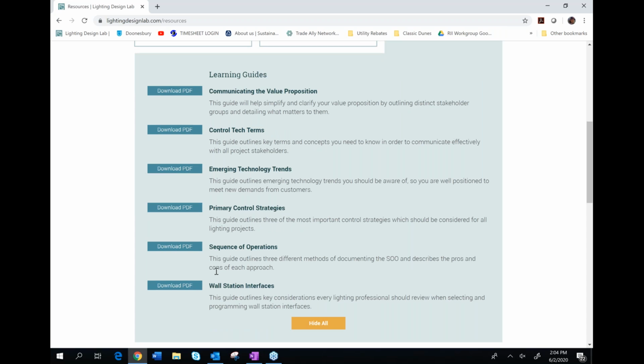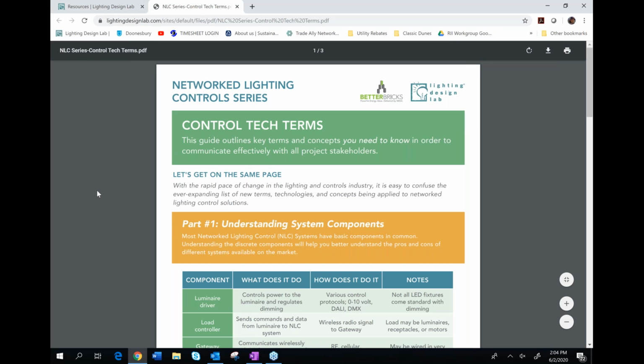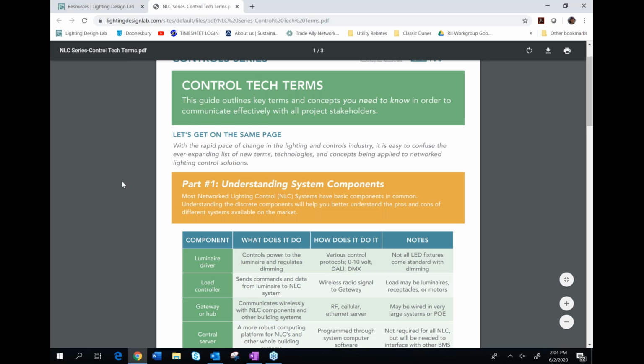I believe ensuring that we're all on the same page with the same terms. So it says control tech terms. Perfect place to start. Yeah, let's open that up. These are available. You can download these or just access them online as a PDF. So, the thing I love about this